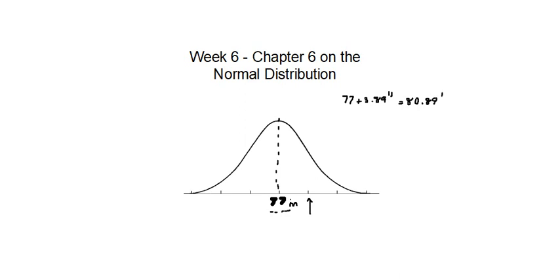That is, somebody who is one standard deviation higher than the mean would have a height of 80.89 inches. And by the same token, if I wanted to go one standard deviation below the mean, I'd have to take 77